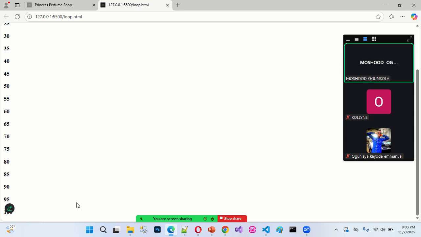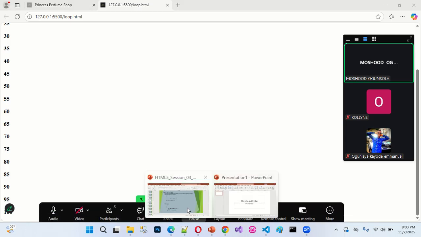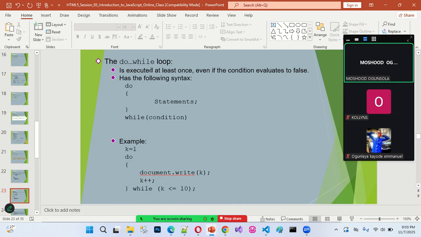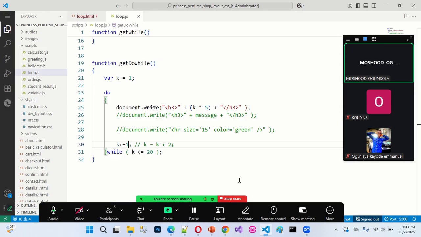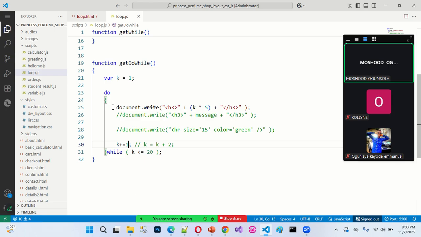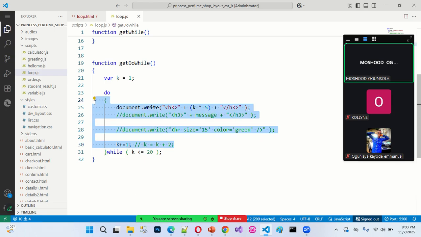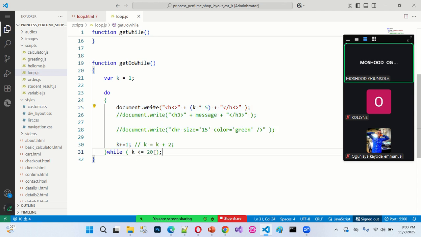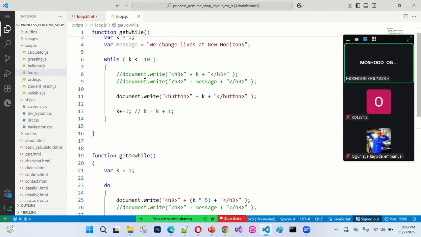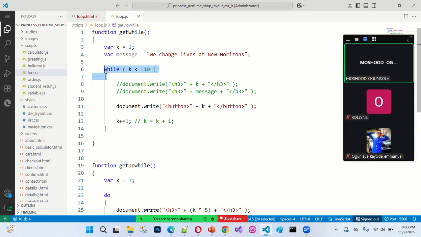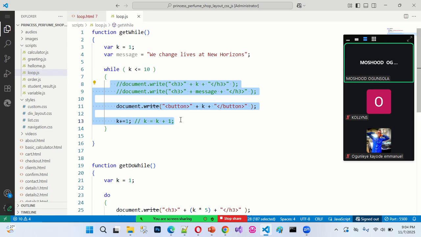So this is how we can also use what? The loop called what? A do-while loop. The difference between the do-while loop and the while loop is that what? In the do-while loop, the statement is going to execute first before the system will check the condition. Do you get it now? While in the while loop, the condition is going to be checked first before the system executes the statement. Okay, so let me save